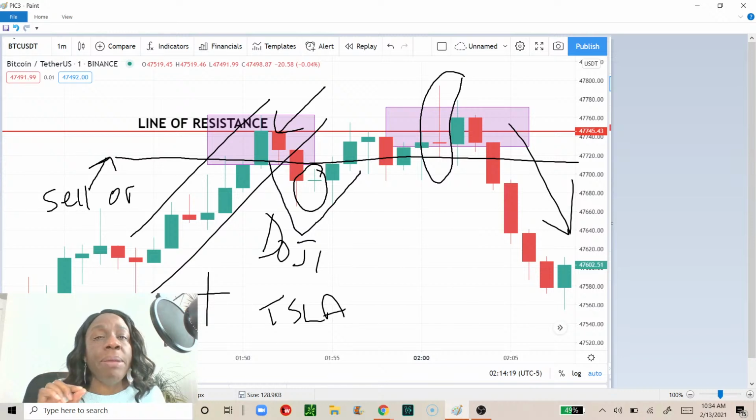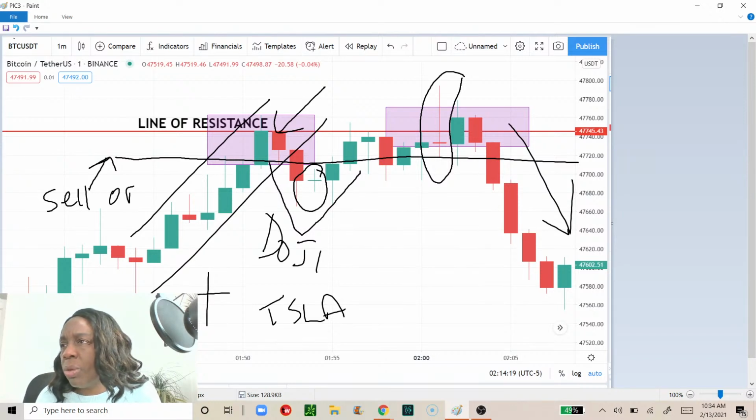There are so many moving parts to trading, and I don't know a trader who just stops learning. You're constantly learning. If you have a strategy, if you have an indicator you use to enter into your trade, there's always another indicator maybe that works a little better than the one you use. Now I do use a few indicators to enter into a trade, but let's see what other questions you have.